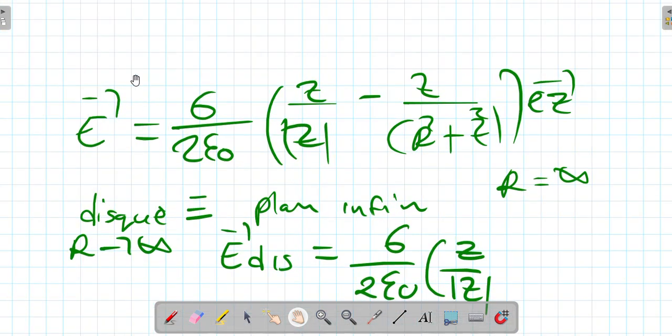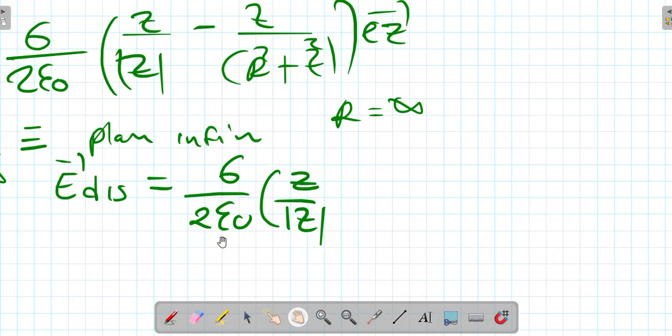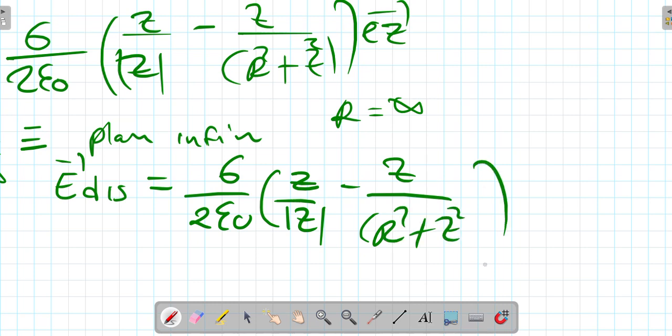Because E is along the z axis according to the symmetry, so it can be up or down. If z was positive, z over z will just be 1. If z was negative, this will be negative. So the absolute value depends on the direction of z. Then minus z over r squared plus z squared as the answer,